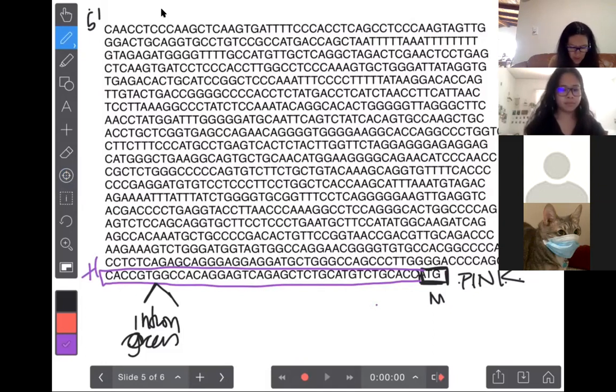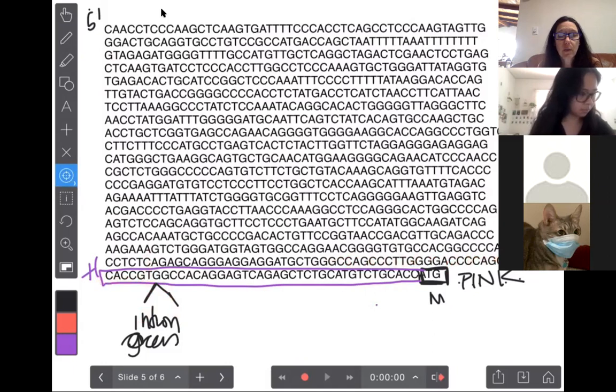So if you have this intron, this green right here, then you're going to want to start your primers on this side, somewhere pretty darn close to where that intron is, as close as you can get, right? Because even though all this sequence is part of the RNA, introns only get spliced out after RNA is made or during the making,